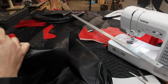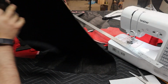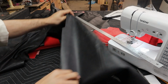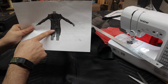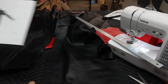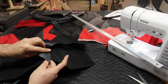But stitching this now ensures that when I put the other piece on top of it, I can just keep going. And then when we do our split, if my top stitching is going in each direction, I can just continue that top stitching all along this edge. So it'll just go straight and then go down, right? It'll look much nicer. But, like I said, I'm going to top stitch this piece on top